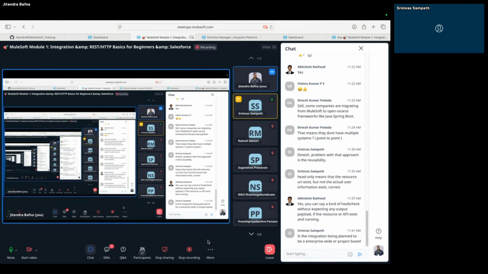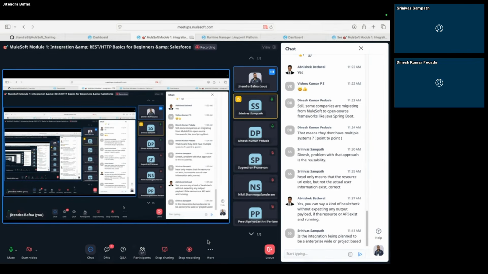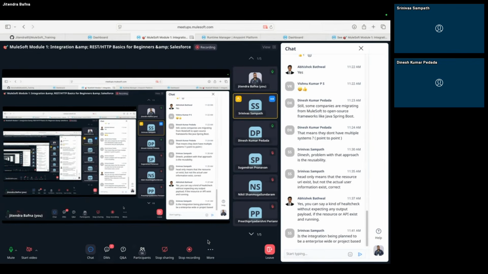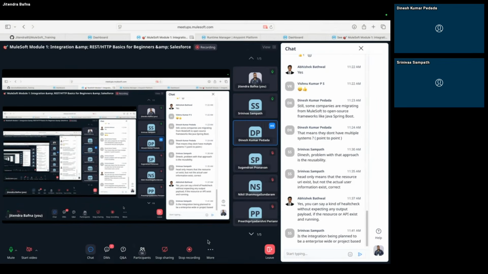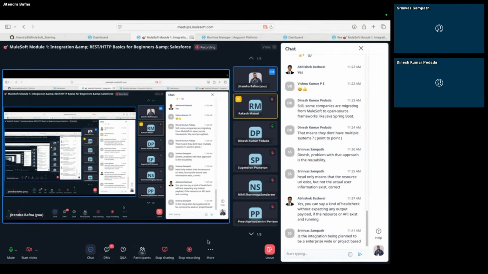Yes, Srinivas, go on. I would say platform as a service would basically mean that you act as a way to provide the tools and technology for the integration to be implemented by the customer with ease of use. Okay. So a service which is deployed at the cloud level is kind of like platform as a service.